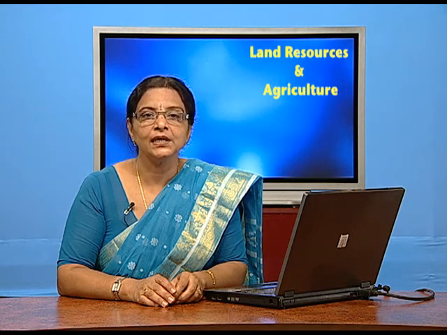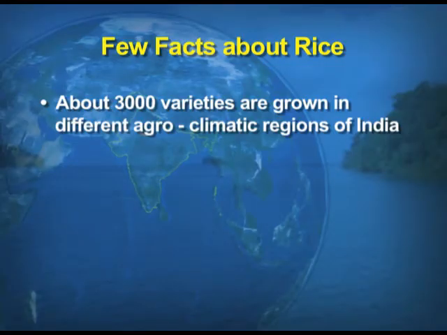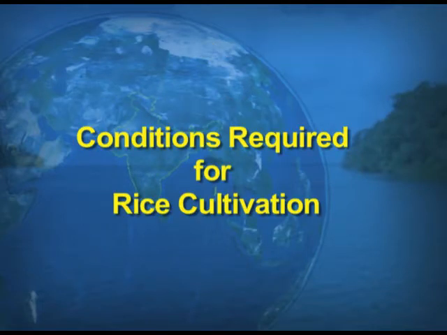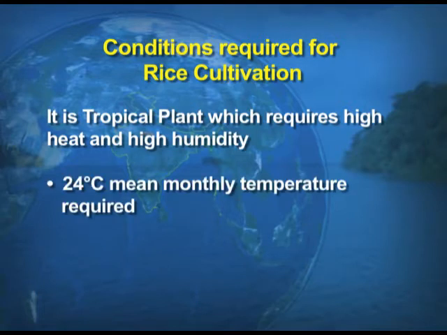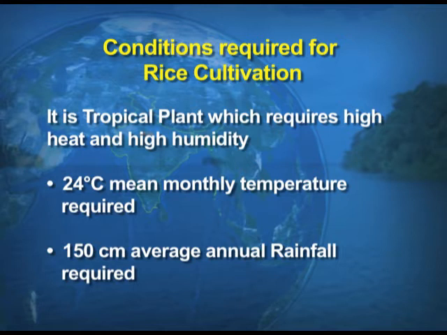And surprisingly, children, there are around 3,000 varieties of rice grown in India, because India is a vast land with different agroclimatic conditions. Now, a few conditions are required for the production of rice. It is a tropical plant. When I say tropical, children, you must know that tropical means high temperature and high humidity requirement for the crop. Around 24 degrees Celsius of monthly temperature is required for crop production, and 150 centimeters of average rainfall